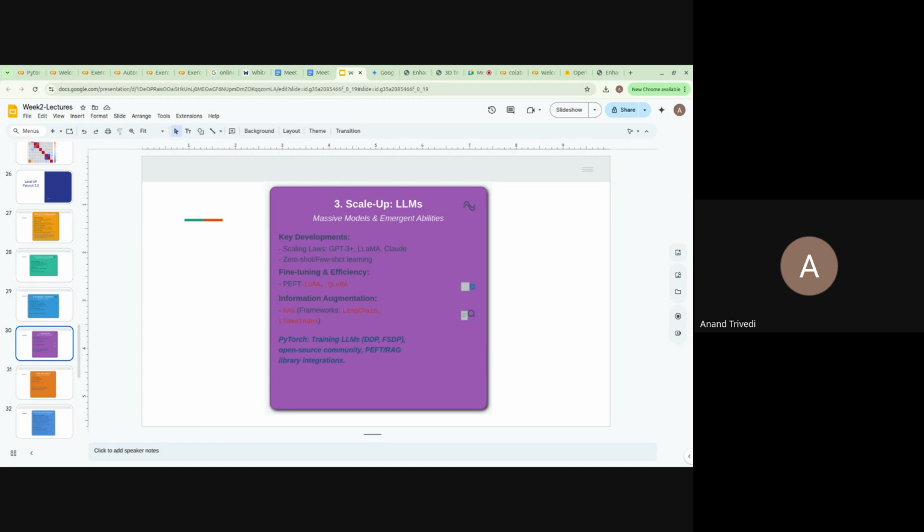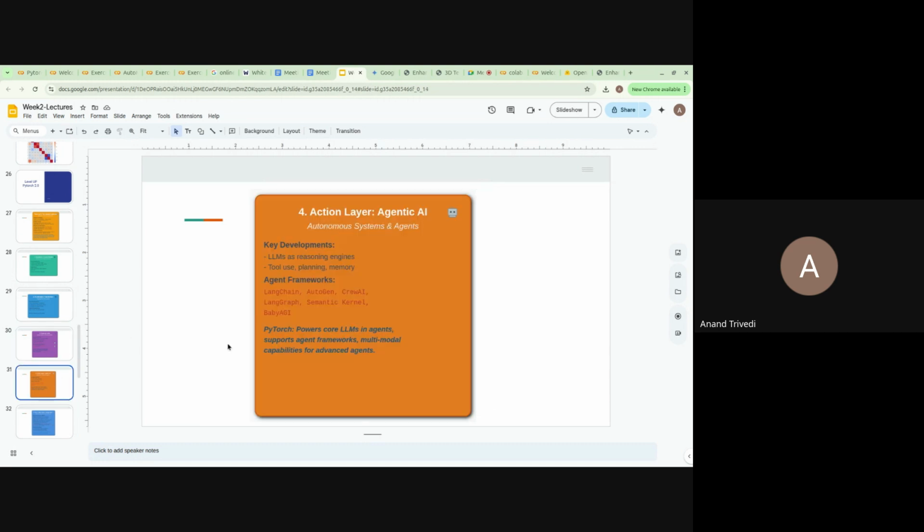As of now, 70 to 80% of the industry is using this RAG. So if you look around at the jobs, it is around RAG, LangChain, LlamaIndex. This is the area where a lot of jobs are present. You'll see a lot of applications just around this.